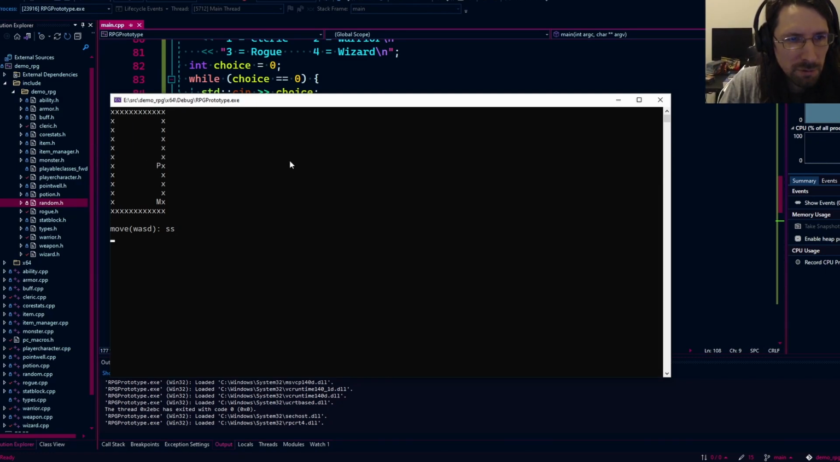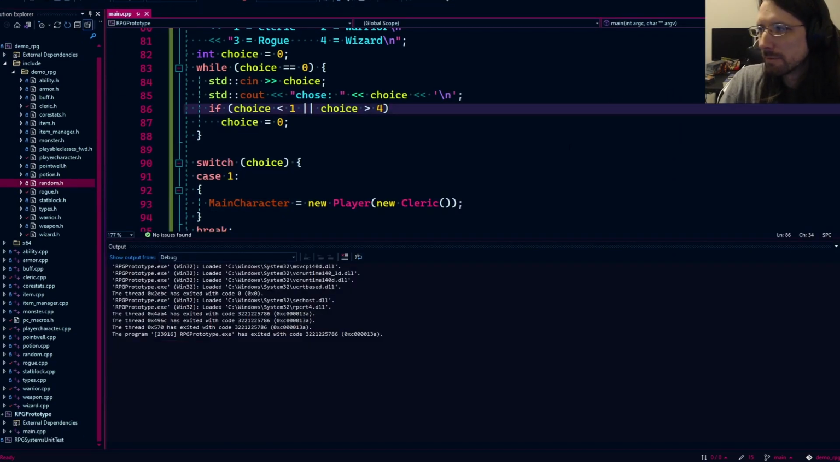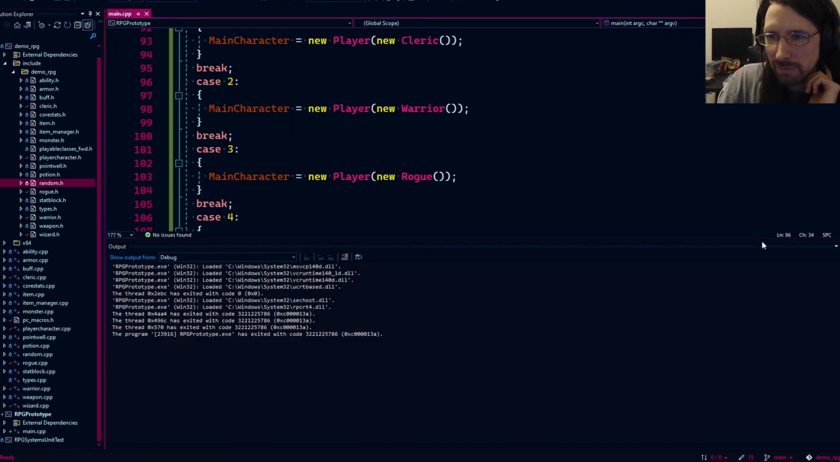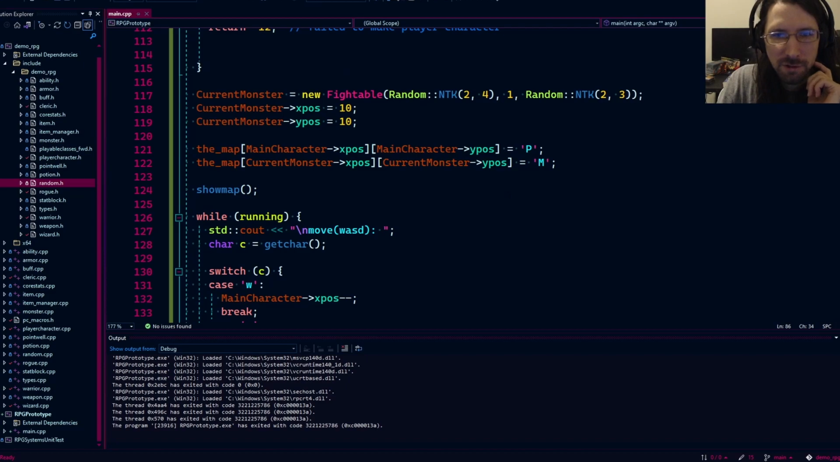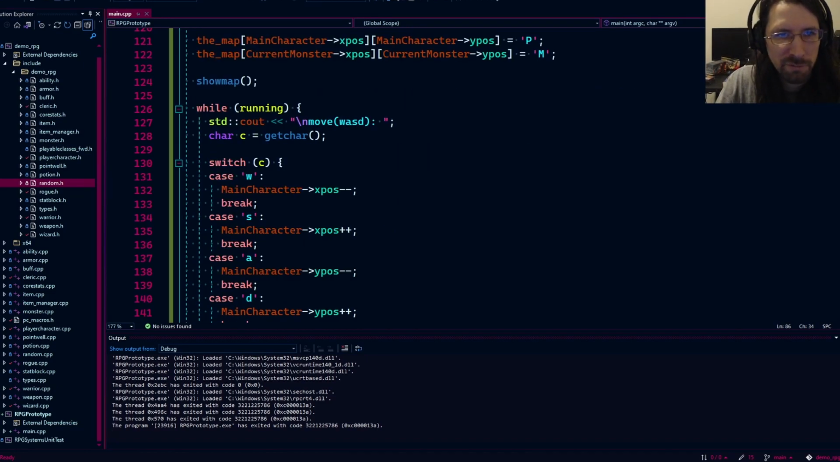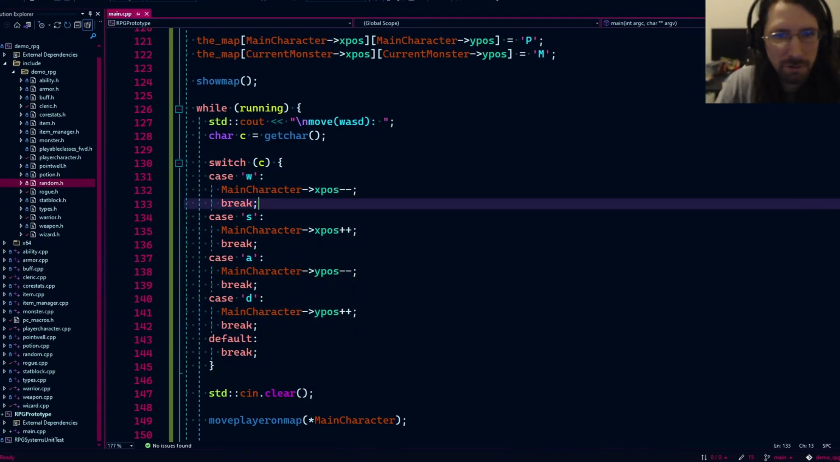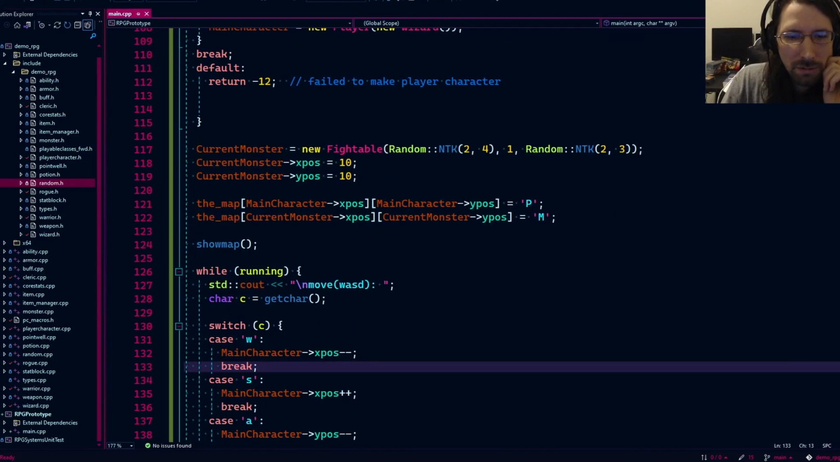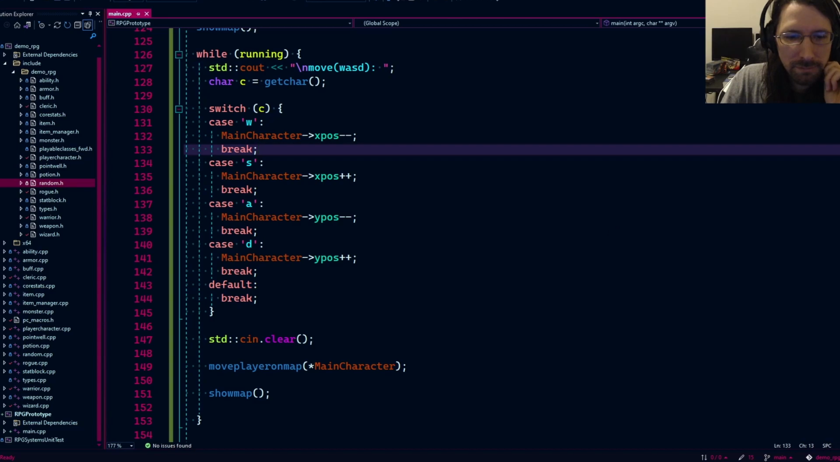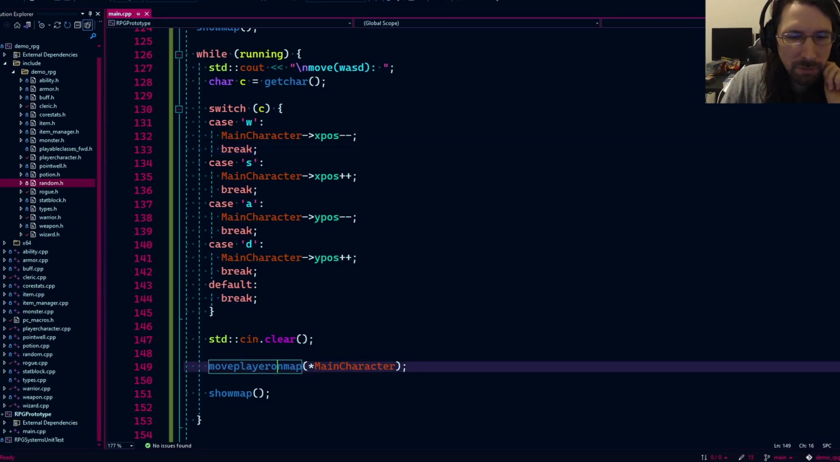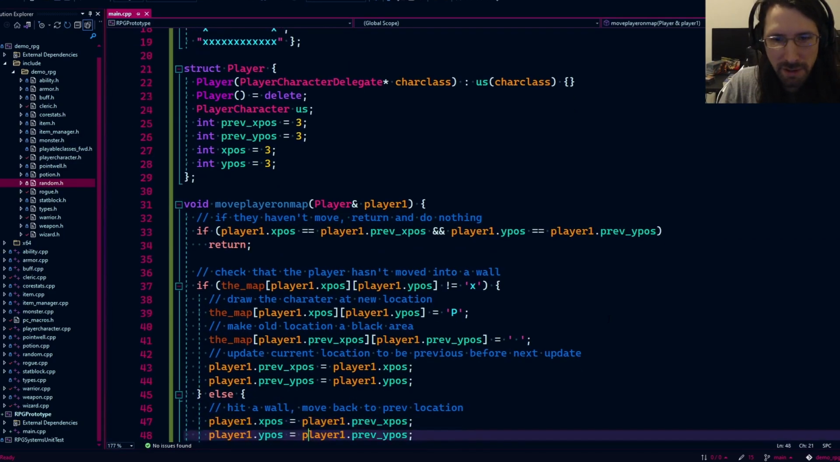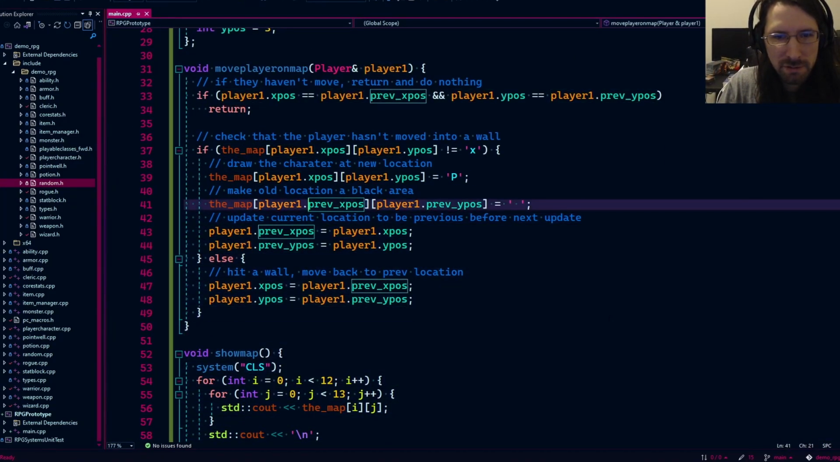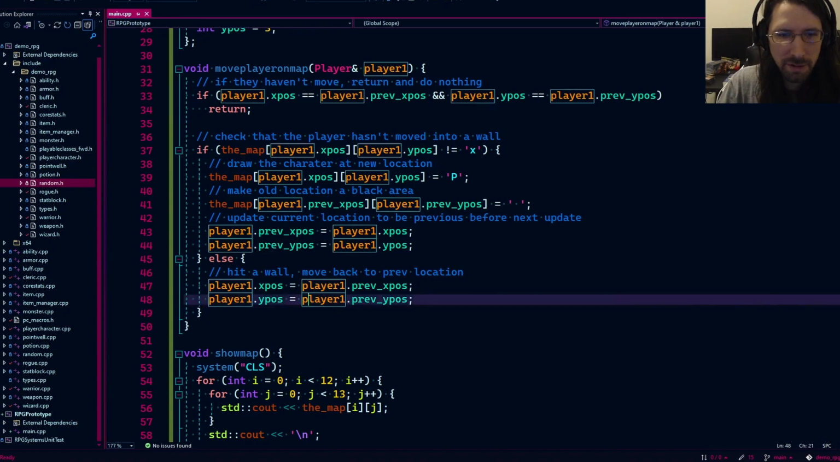Now, what we could do is we could say, okay, maybe move to a battle scene once we hit the monster. And then we'll have a little fight interface. So let's go ahead and work up a little fight interface and get that all in here as well. So that's basically what we need to do. We need to take this move player on map and see if it overlaps a monster. So at the end here,